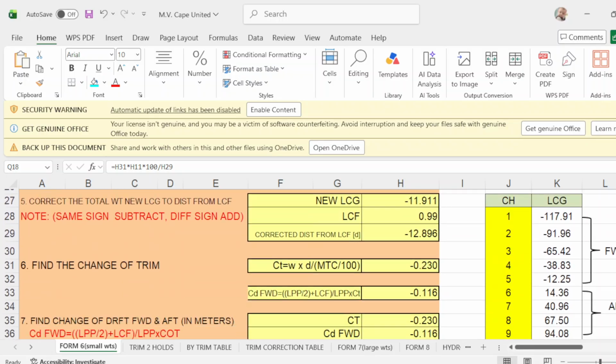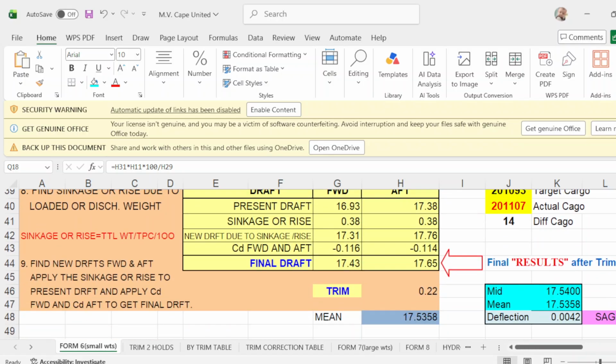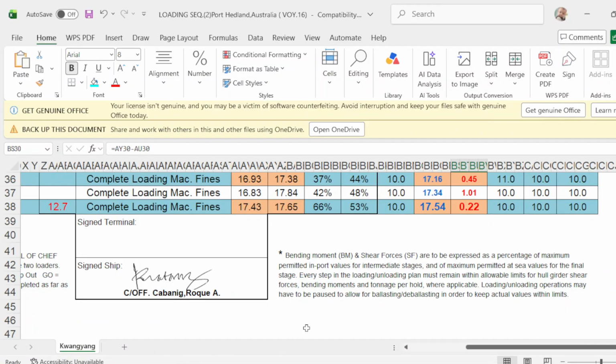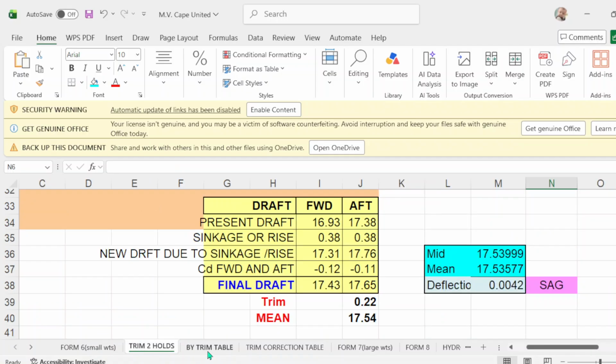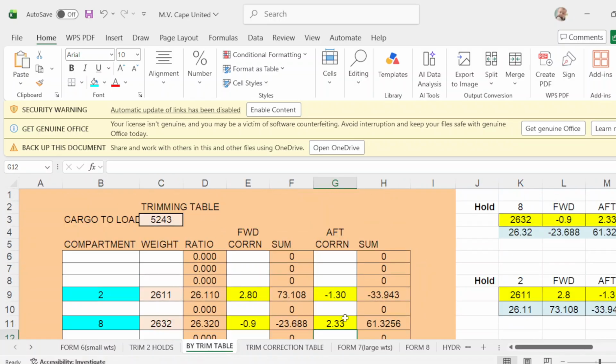And your departure drop forward is 1743, 1765, 22 trim, and mid is 1754, which is exactly the same here. Okay, same. That is program number 1, program number 2, and we go to program number 3 by trim table.